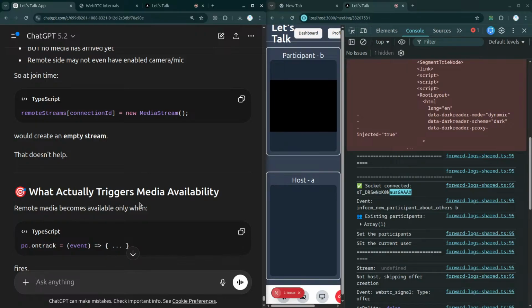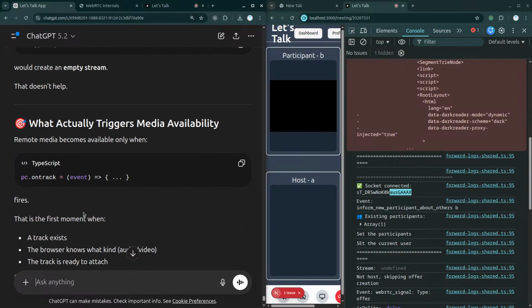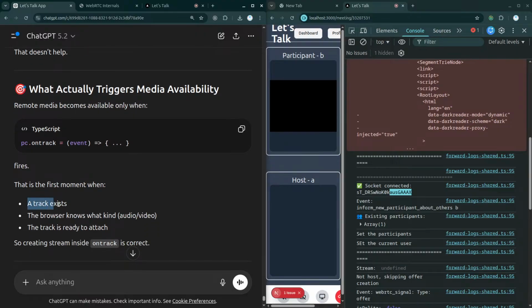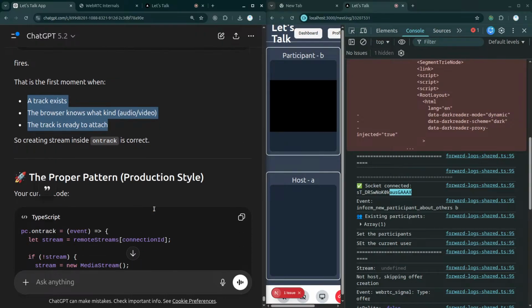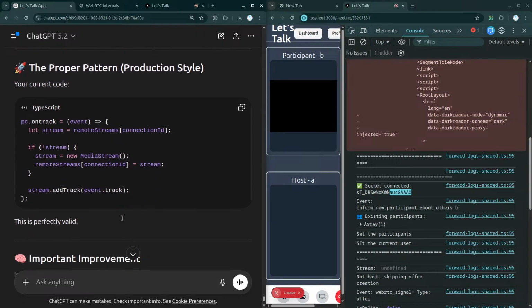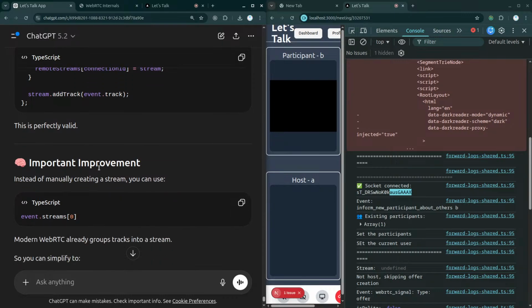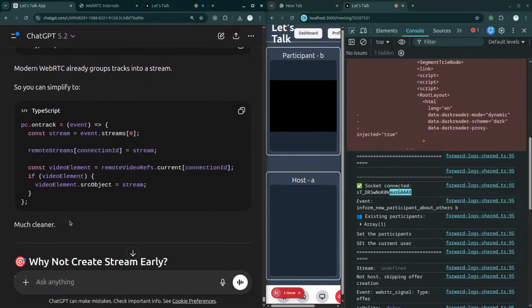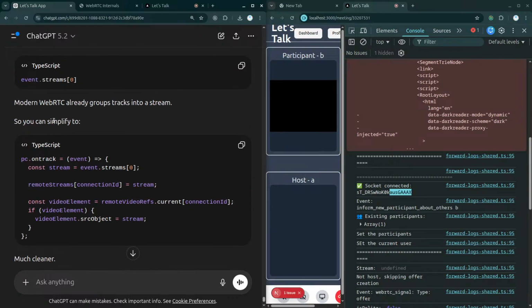Remote media becomes available only when this happens, so that is the first moment when a track exists. The browser knows what kind of audio and video track is ready. So the proper pattern production ready is gonna be this, like do it here only. Okay, important improvements. So modern WebRTC already groups the tracks into a stream. So remote streams, if